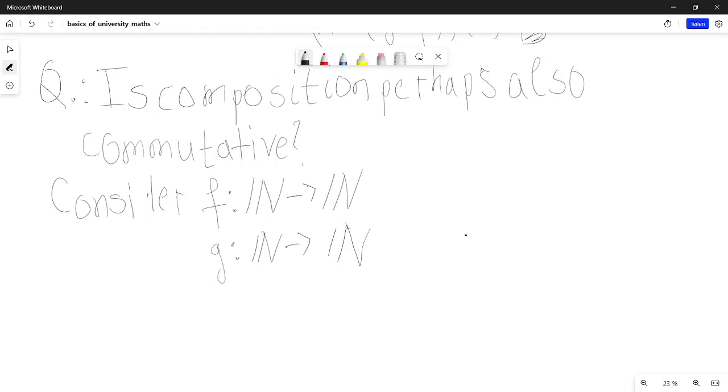Yeah, very simple. F maps every natural number to this natural number increased by 1. So it increases each natural number by 1, and G